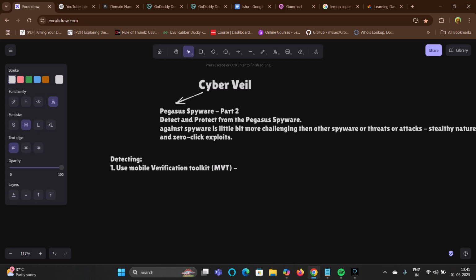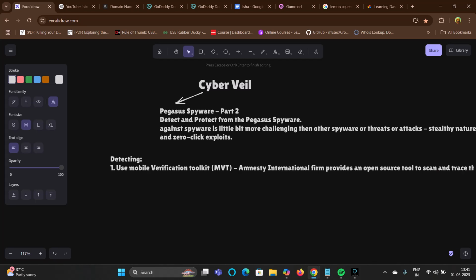This toolkit was provided by the Amnesty International firm. Amnesty International provides an open source tool to scan and trace Pegasus.